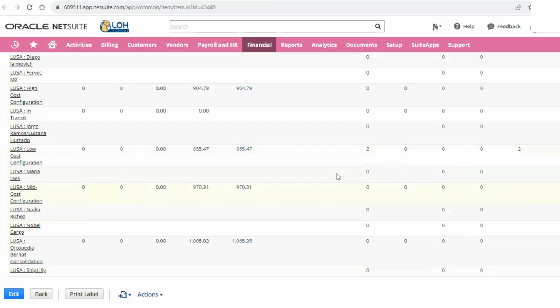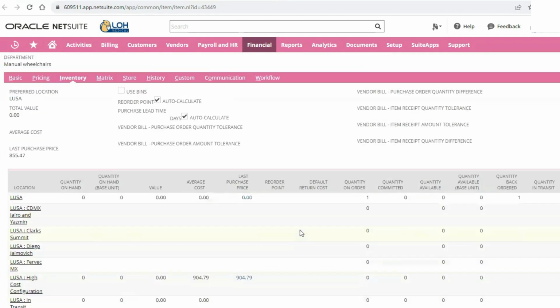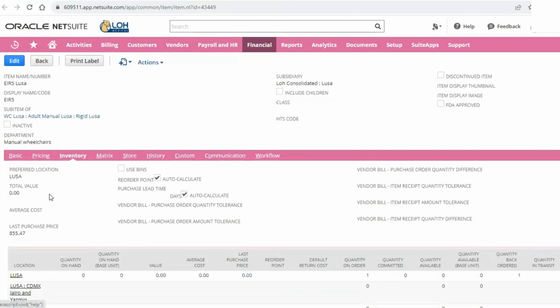If you're in sales, you will get an in-depth training on locations. It's important, especially for these configured products. As you can see, a low-cost configuration average cost is less than the average price for the mid-cost configuration. So depending on the cost of your configuration, you're going to choose a different location. You'll get more training on that.